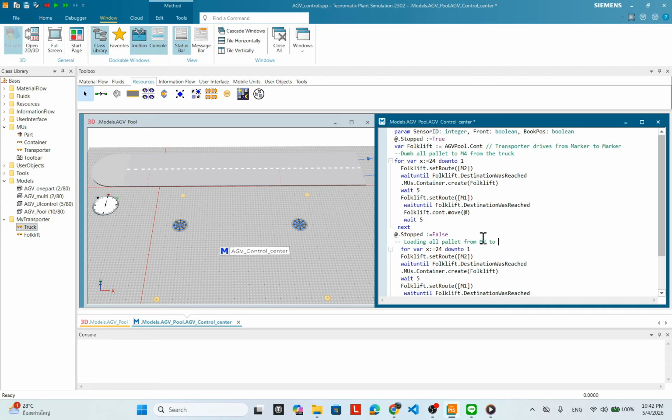From the M2, move to the truck. Okay. Okay, this one. From this to M4 position, right? Now,